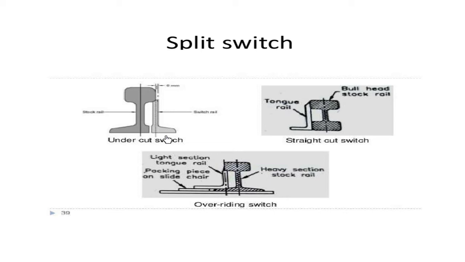You can see in the figure that the flat-footed rail is being cut, and then a tongue rail is joined to this. You can see over here, the stock rail flat foot, or the flange, is being cut, and a tongue rail is kept in position with the stock rail, such that the levels of the tongue rail and stock rail come into position. Now you can see here, the height of this switch rail is a little more downwards. So this was an older version of the undercut switch. At present, this is made at the same level as the stock rail. This is the stock rail, this is the switch rail.